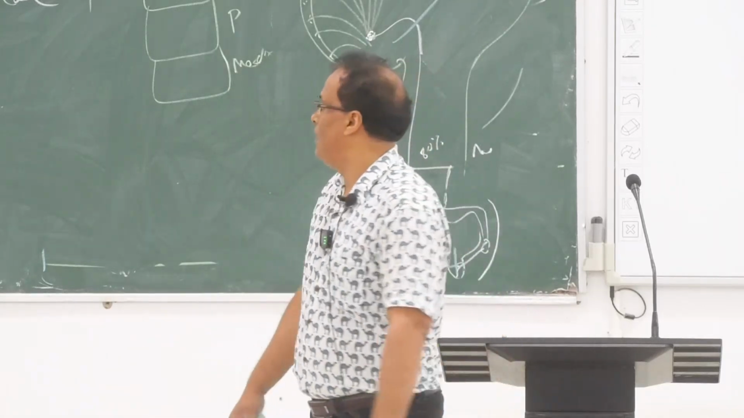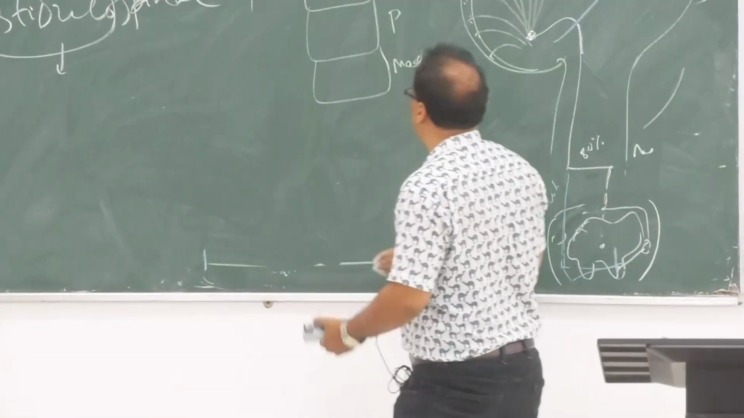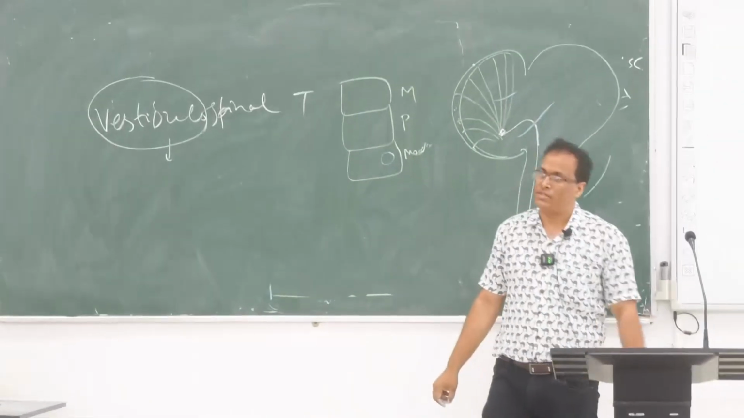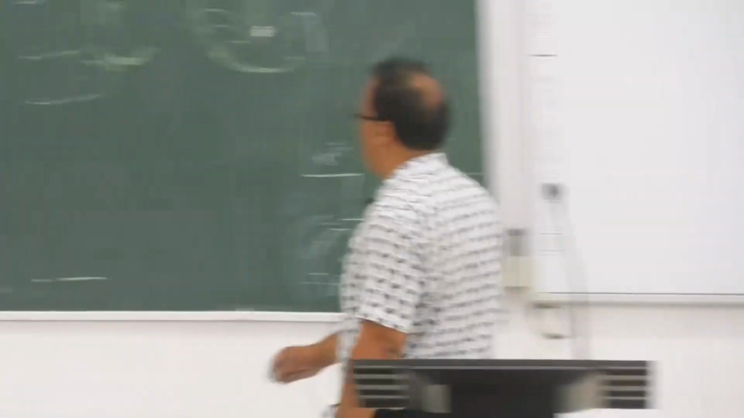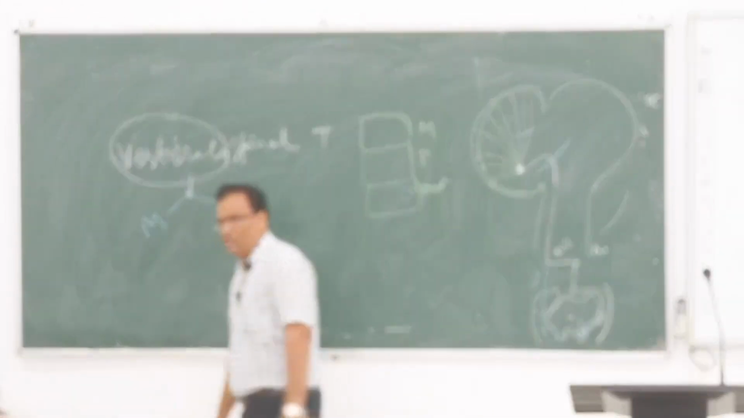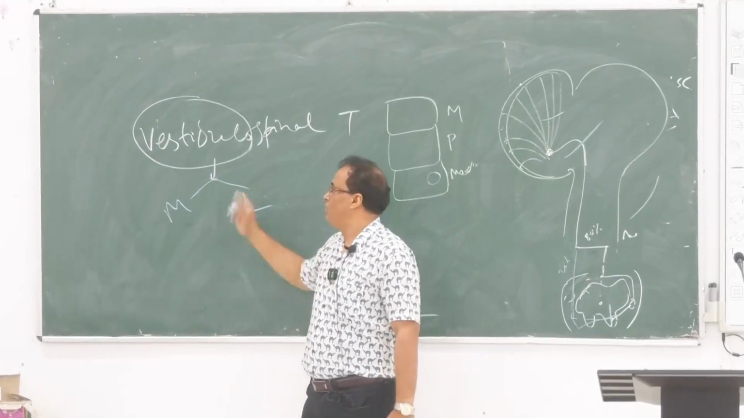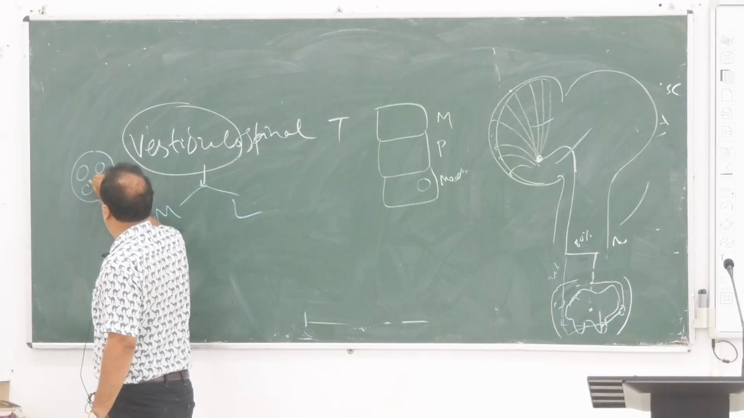So I'm coming later to the vestibulospinal first. Vestibulo means vestibular nucleus, present in the medulla, right? Vestibular nucleus is present. Now the vestibulospinal tract is divided into medial and lateral vestibular tracts. Medial vestibular tract is derived from the vestibular nucleus like that. 1 2 3 4,